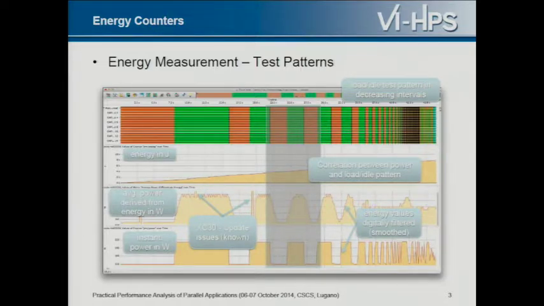Furthermore, the energy values are given to us by this Cray file system or power interface, and they are digitally filtered. So in theory, there should be almost a straight line up here, then a plateau, and then almost straight down, but they go up every 10 hertz in some kind of filtered way, which is also an artifact of how it's measured.